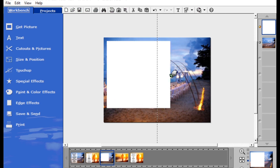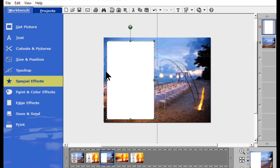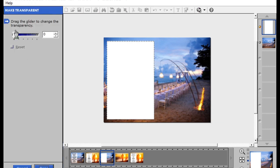So we're going to do the transparency with this one like we did on the other page, on the cover page. So I'm going to put this where I want it. Once again, I want to try to align this to about the width that my other one was for the ceremony page, just to keep it as uniform as possible. And that looks good. And now I'm going to go to Special Effects, Make Transparent. Oops, I forgot to click the square. Always click what it is that you're trying to adjust or manipulate. I'm going to go once again to Special Effect, Make Transparent, and now I can slide this grid over